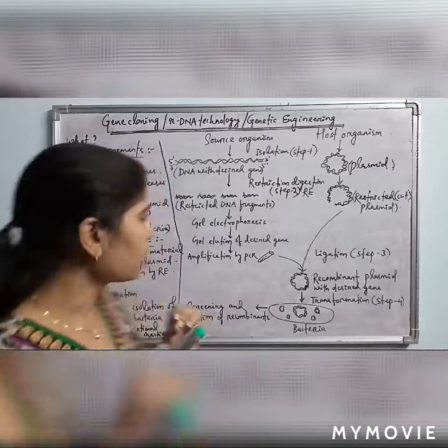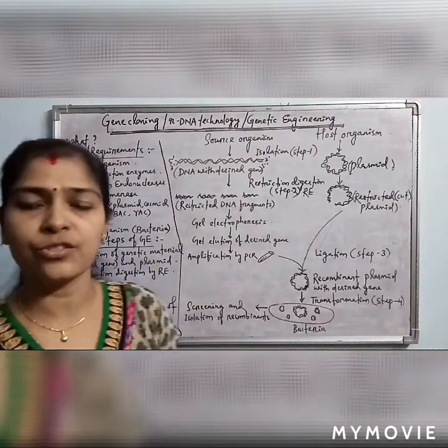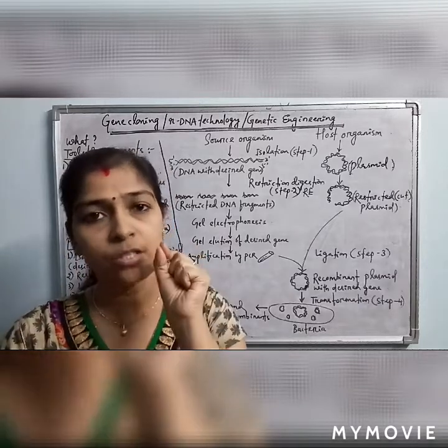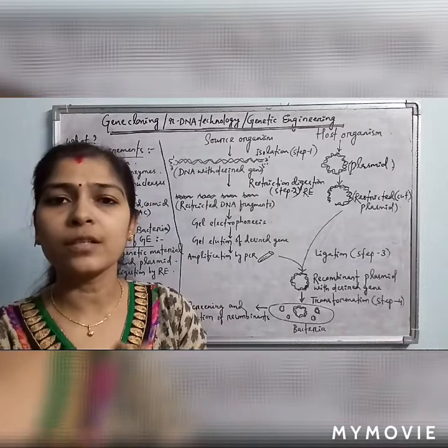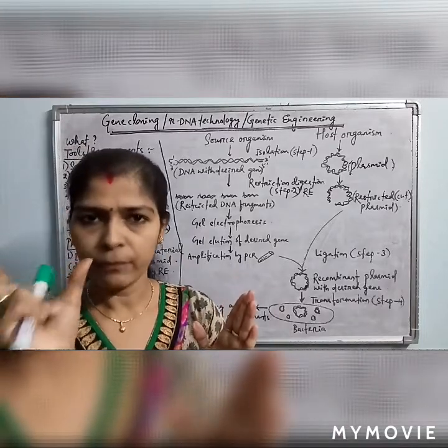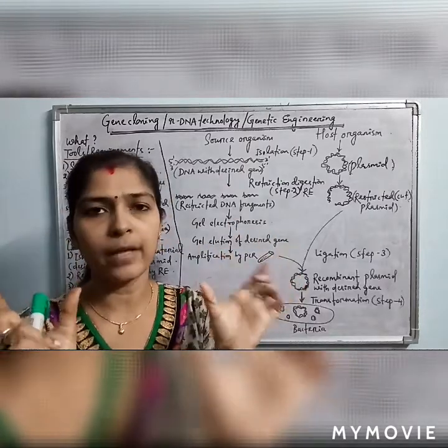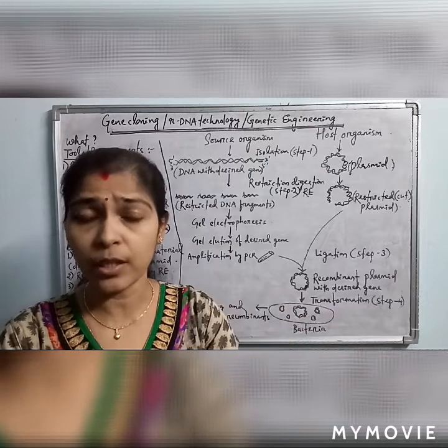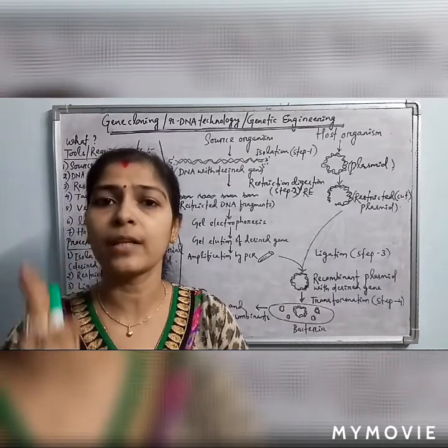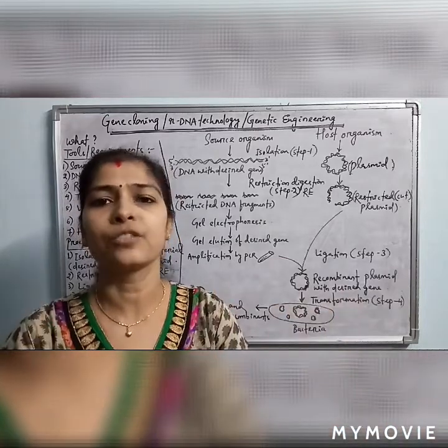The second step is restriction digestion by RE. RE is the restriction endonuclease. By using any specific restriction endonuclease, we have to digest, or cut, both the desired DNA with the desired gene and the plasmid. Both are cut by a single specific restriction endonuclease, so that it will cut in the specific target sites in both cases, and there will also be staggered sites or hanging ends.